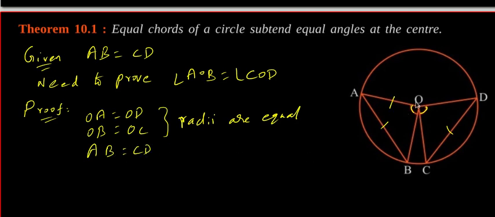So in triangles AOB and COD, OA equals OD, AB equals CD is given, and OB equals OC. So, all three sides are equal. So, by the SSS congruency criteria,